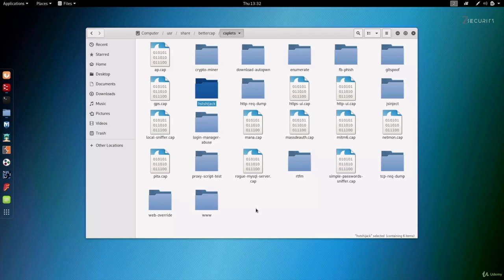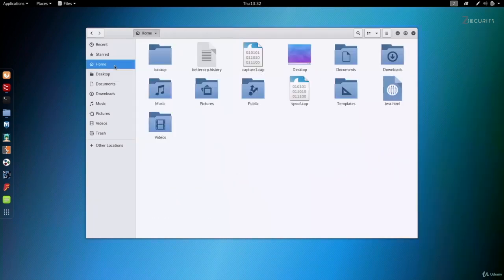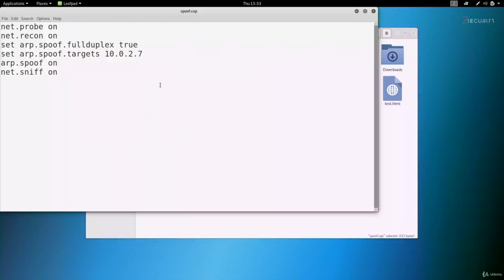But before we do that, I also want to go to my home directory. This is where I stored the caplet that we created in the previous lecture, the spoof caplet, the one that will run the ARP spoofing command and then run the sniffer. And I just want to modify one thing in this. So I'm going to right click it and open it with LeafPad. And what I want to modify is I want to add an option to the sniff in here. So as you know, this line net.sniff on will turn on my sniffer, but before turning it on, I want to set the